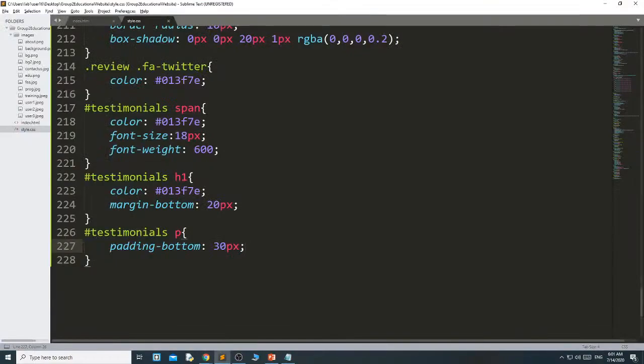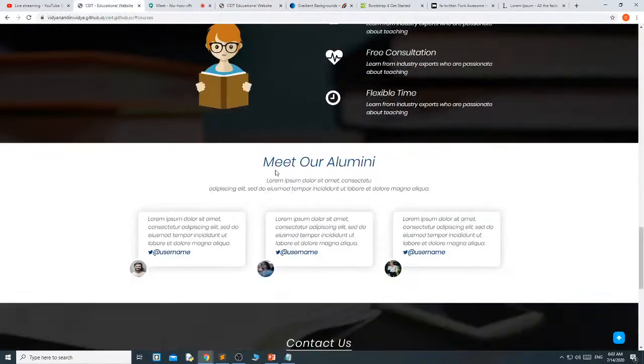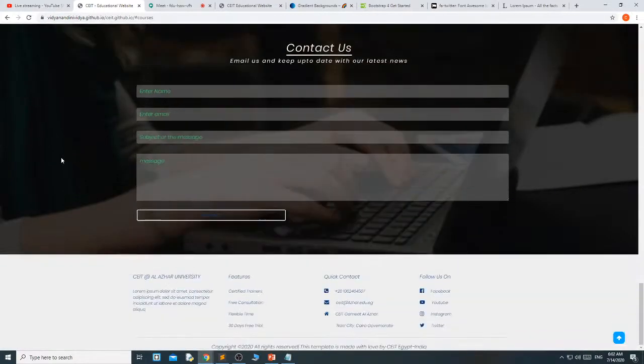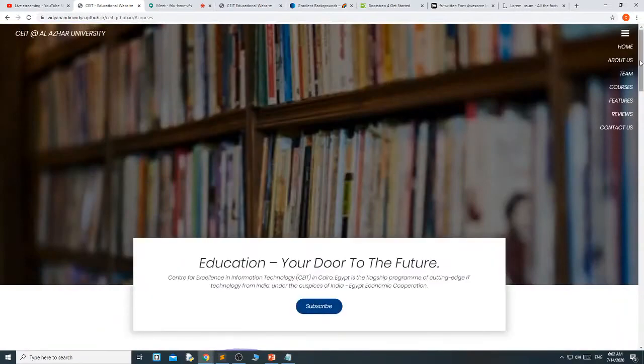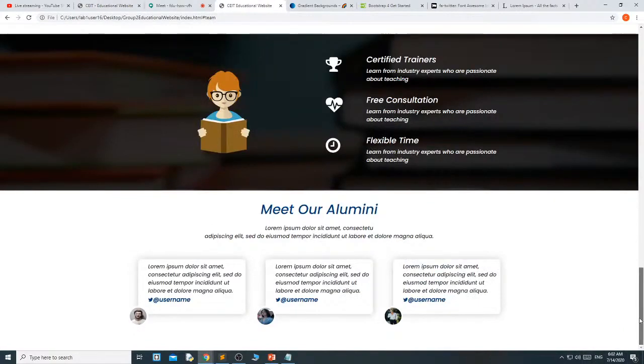Okay, means this part we have completed, this testimonials part. We have 2 parts remaining, contact us and your footer, and we will see how to add this icon, and once I click it will go to top, and once I click here it will show, this icon will appear. Before that, here I want to tell you one thing.